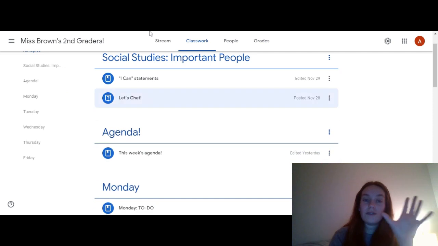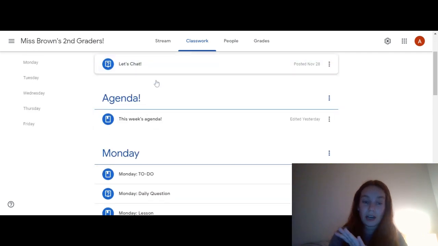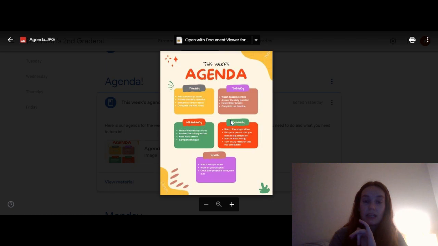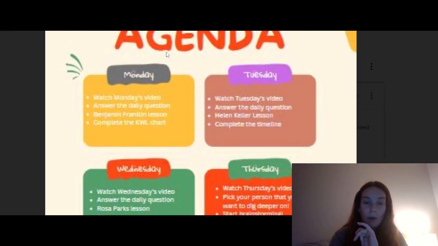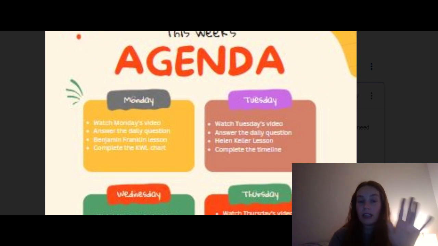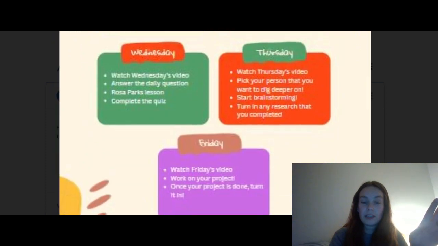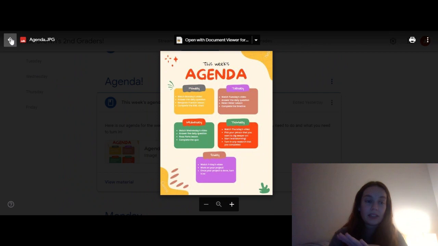So there are your first two things that are happening this week in our lesson, and then we're going to go down to our agenda, where I have created an agenda based on the entire week. I'm not quite sure why it's a little blurry right now, but we're going to go into depth on each of these as the days go on. But as you can see, we have a lot of stuff happening this week that I'm super duper excited for.